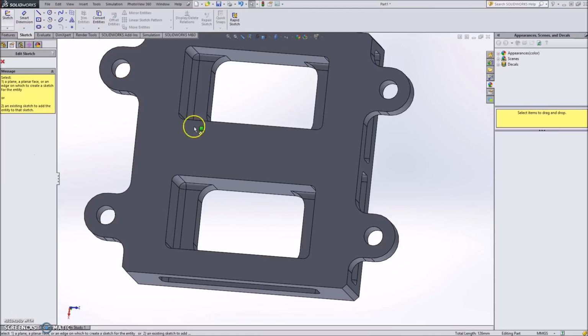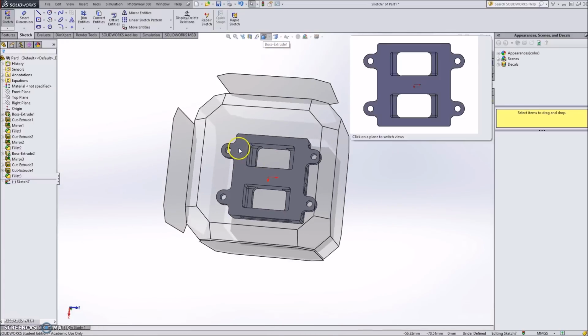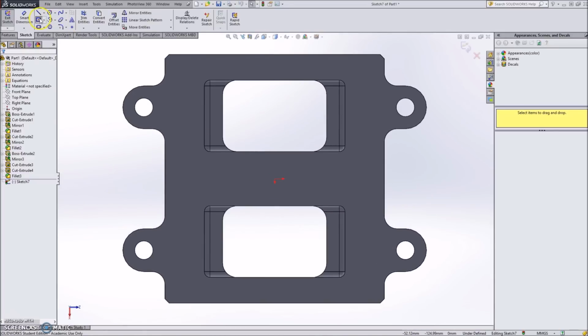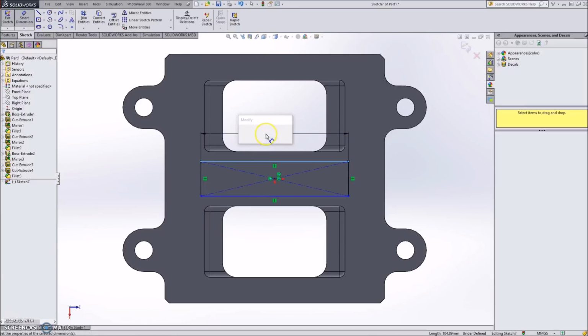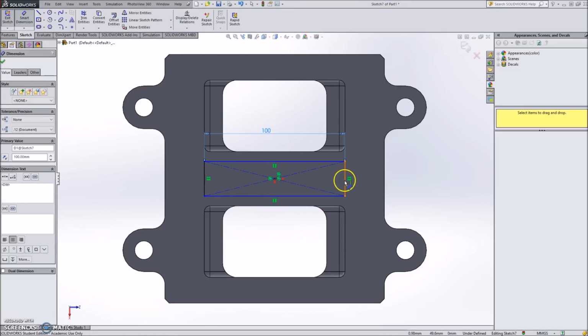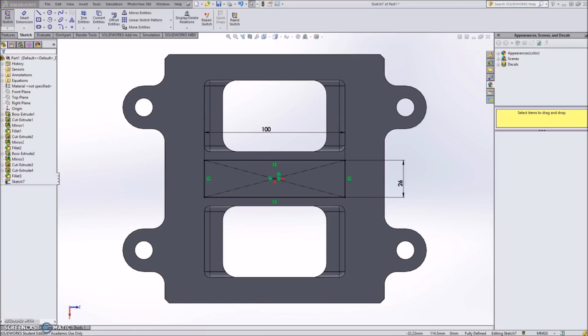So let's do one more sketch on the bottom, get bottom view, and this slot will be centered. So if we just start from the origin, make it 100 millimeters by 26 millimeters,